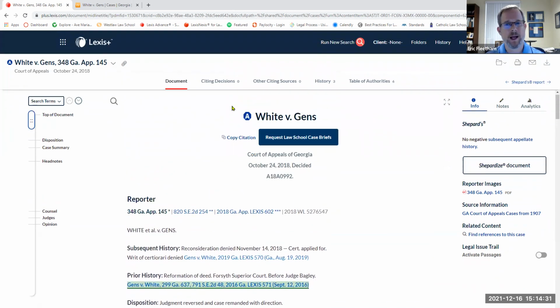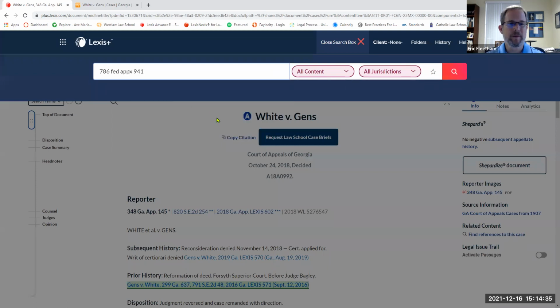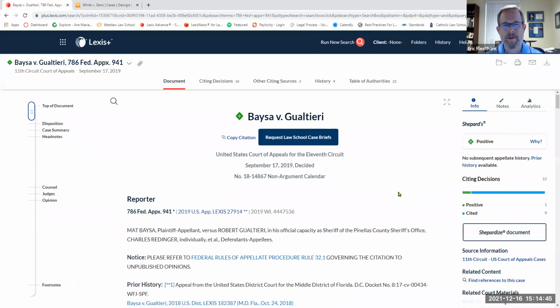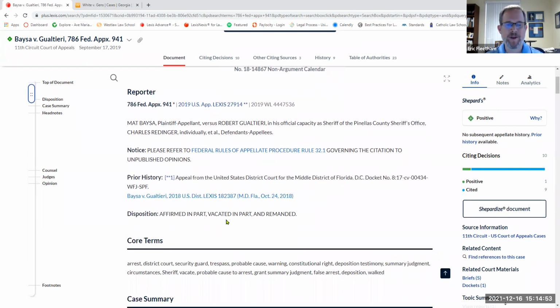So I'll show you. I'm going to run a new search. I'm going to stick with Lexis since that's where we are right now. Here's a Court of Appeals decision from the 11th Circuit Court of Appeals, decided September 17, 2019. Disposition: affirmed in part, vacated in part, and remanded. And if we